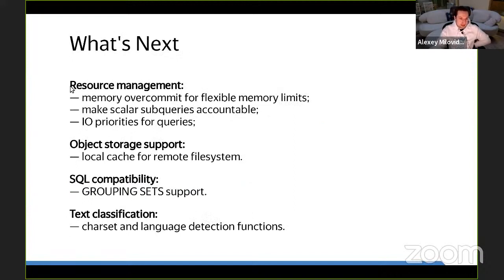We will also introduce some advancements for resource management, like flexible memory limits. We will introduce some cache for remote file system, some advancements for SQL compatibility, and some functions for text processing, like charset and language detection.